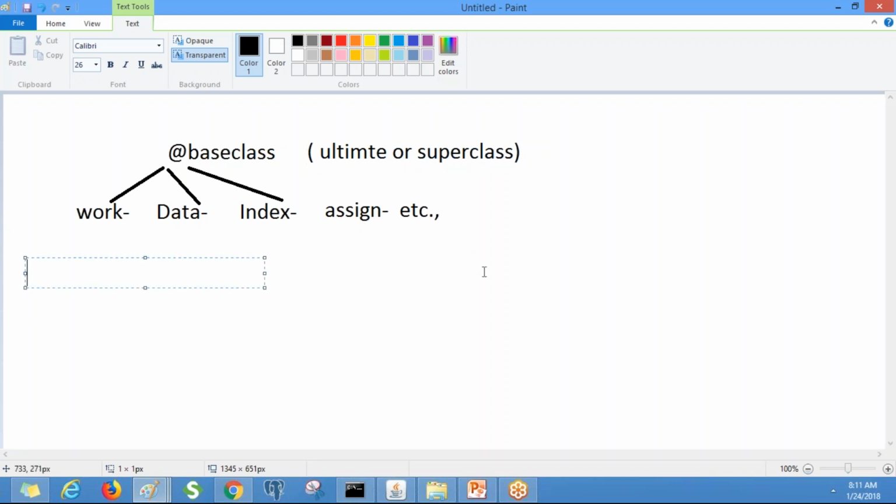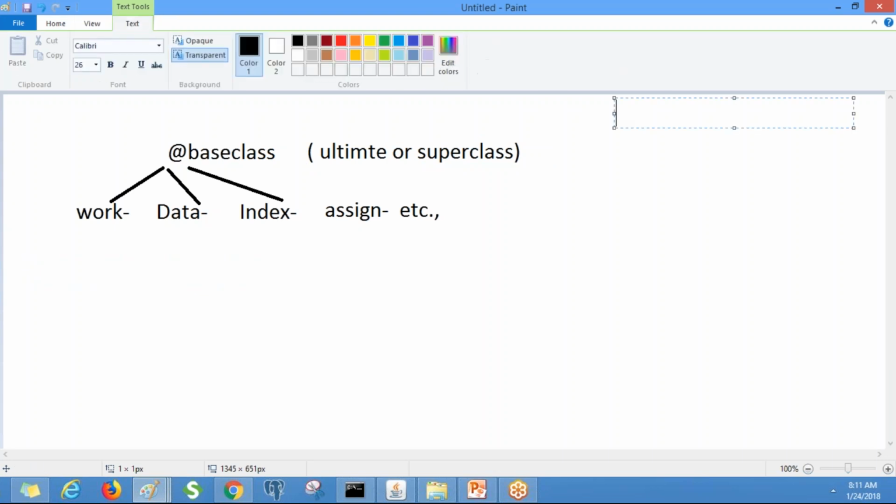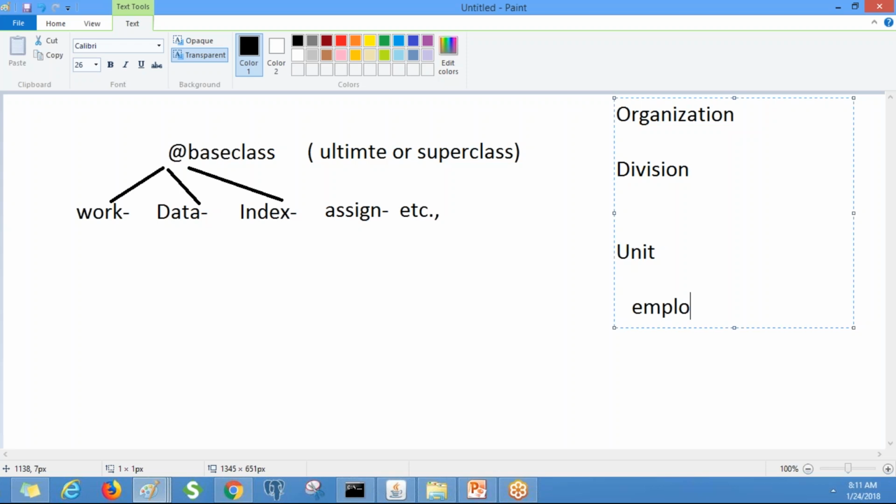Here PRPC follows a three-level organization hierarchy. If you take any enterprise, you will have an organization, divisions and units. If we create any application in PRPC, it will be created in the following hierarchy: organization, division, unit, where the employees belong to the unit.